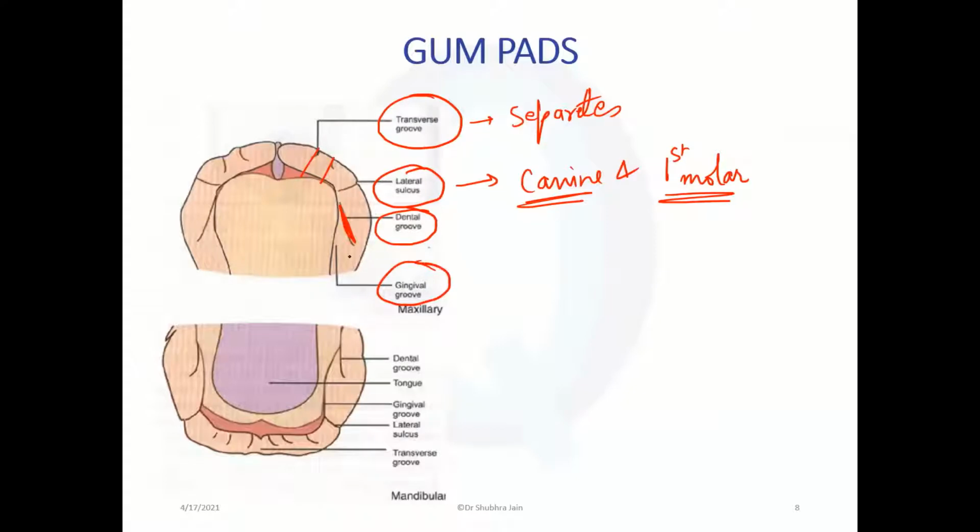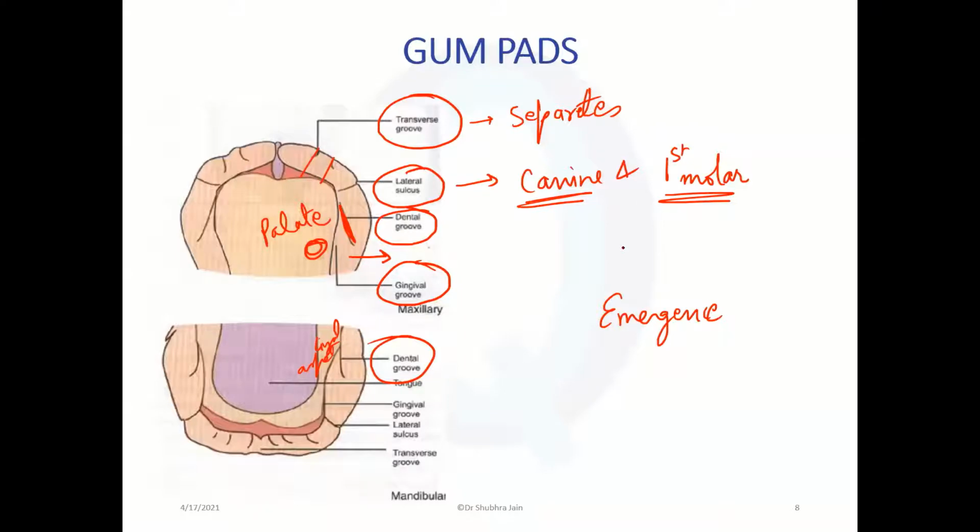It separates this area from this area. So it separates the gums from the palate and from the lingual aspect. Okay, dental group. You need to remember these groups because these groups are asked in the exam. Now, Dr. Mandi has asked me the significance of 8. Emergence of the tooth takes place in Nolla stage 8.